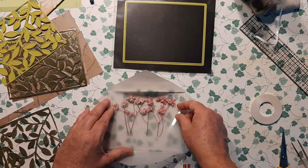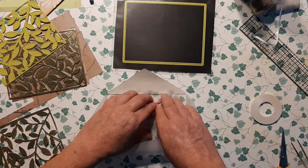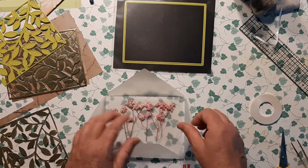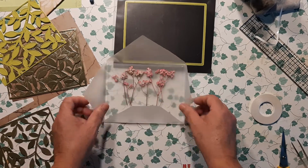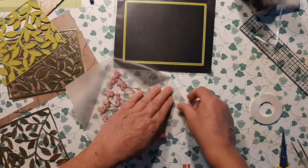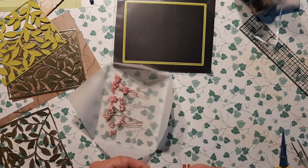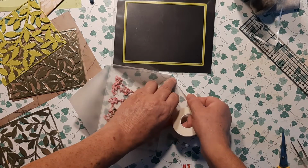Right up near the top. There we go. And that'll eventually dry. I'll leave it open after I get done where that'll dry inside, because it's got a little bit of a room there. The next thing we're going to do is our envelope flap at the bottom, and take that